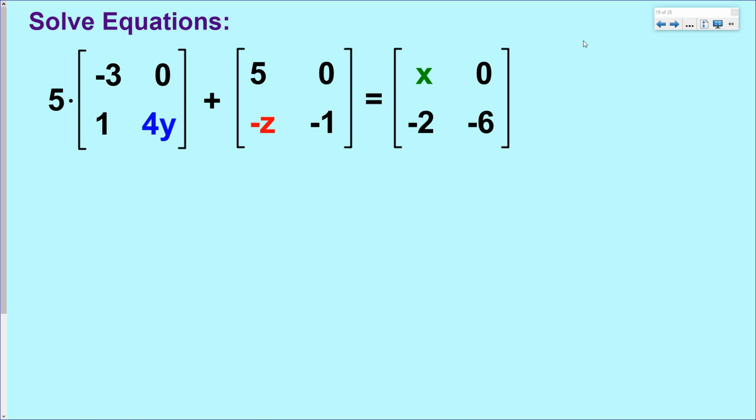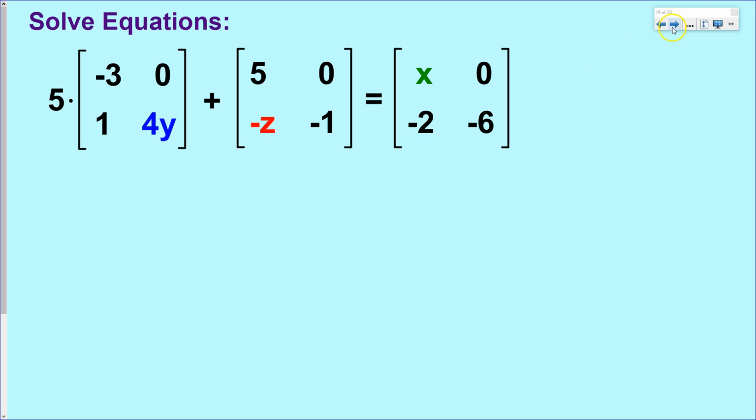And your challenge for a problem like this would be to solve for each variable. So get a value for x, get a value for y, and get a value for z. Now to do that, basically you have to write an individual equation for each variable. Now let's go for the x right here, just because it comes first in the alphabet, and you'll notice that x is in the upper left hand corner. Well, that means that this x is going to be the result of adding 5 to this position